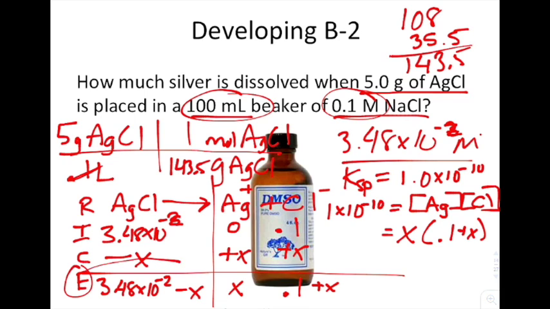Now if you look, this doesn't play into the expression at all. Okay, so because of that, we can just kind of ignore it. It's just part of our RICE chart for organizational purposes. So we have 1 times 10 to the minus 10th equals